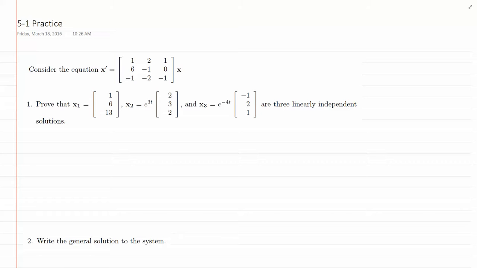Alright, so here we've got a matrix equation where the matrix is a 3 by 3 matrix. So the first thing we want to do is verify that these three are solutions. To verify, we plug them in, right? First of all, I'm going to plug in x1. I want to make sure that x1 prime is the same as this 3 by 3 matrix